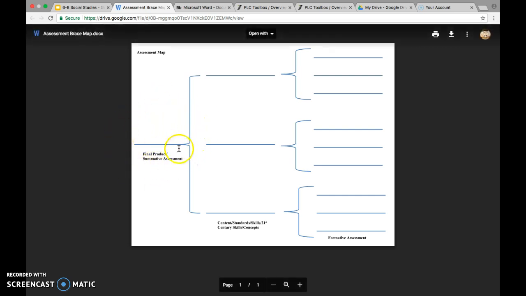So you would put your final product here. This could be a unit project. It could be a PBL. It could be a unit test. Then you build out from there what content, standards, skills, 21st century skills, or concepts you'd want to put on